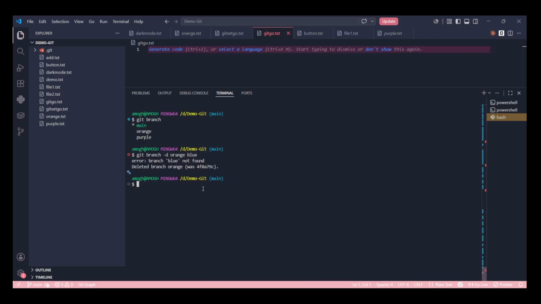Okay, sorry, I mistakenly ran a wrong command. Now orange is deleted. Suppose I want to change my purple to blue. What I'll do is git branch -m, and I'll say